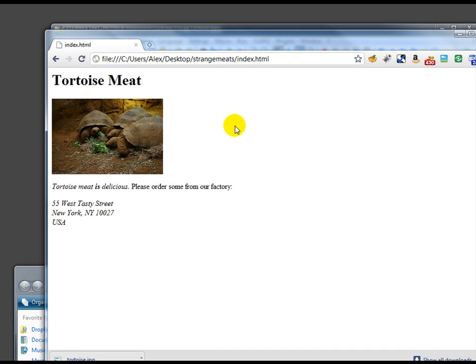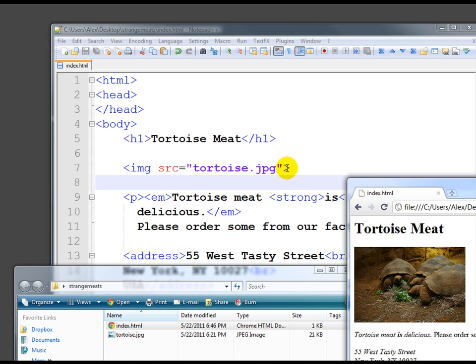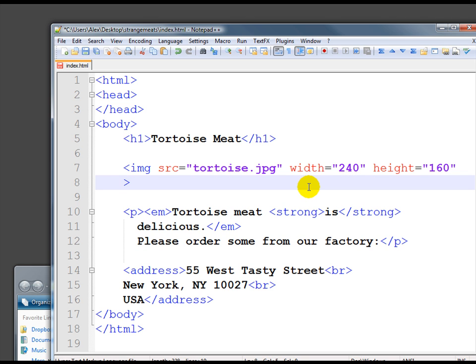So we should be done there, but there are some other little things we could add in as well. There are some more attributes that are useful. One of them is the width is 240, you'll recall, and the height is 160. Why are we telling it that? Well, it's not strictly speaking necessary. As you can see, it displays without knowing those things, but it helps it to generate the page more quickly and have it look right if you tell it ahead of time how big the image is going to be